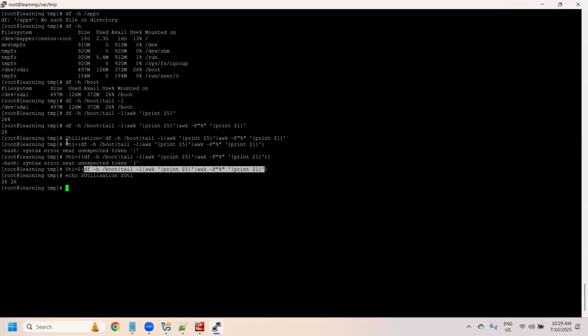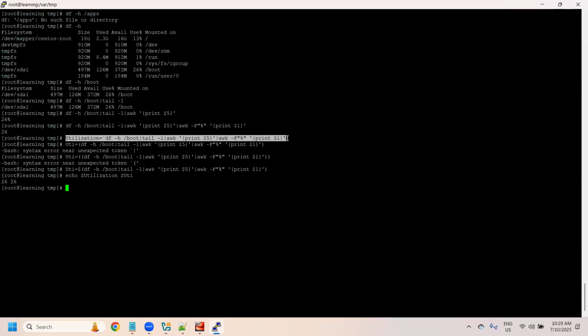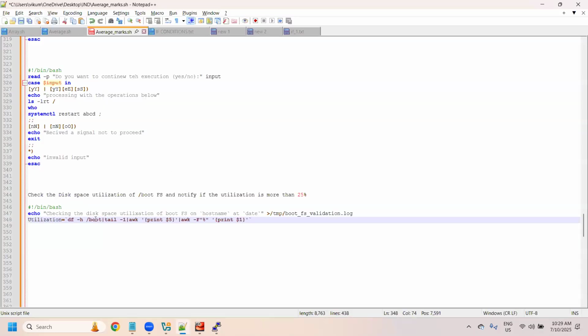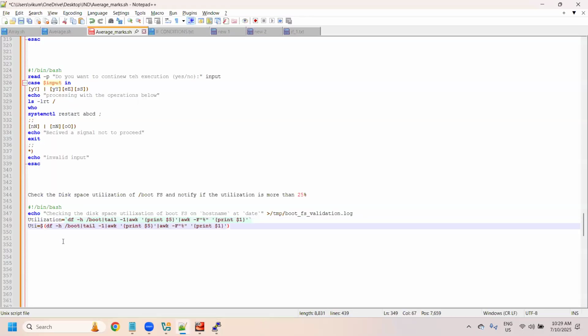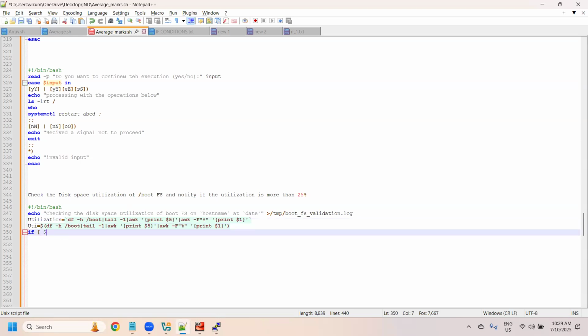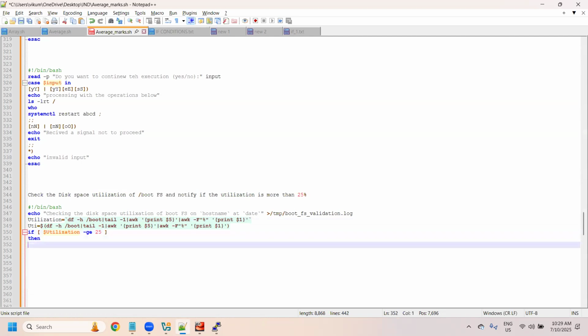Now we will try to add all these conditions in our program. So now this way also we can go, or we can also go with this command. Either of the commands we can use. Now we can go with if dollar utilization is greater than or equals to 25, then echo the disk utilization